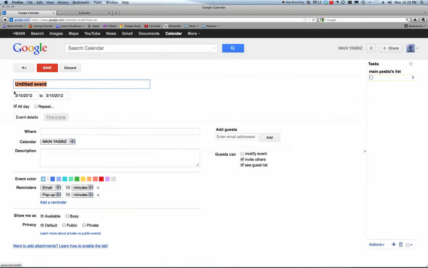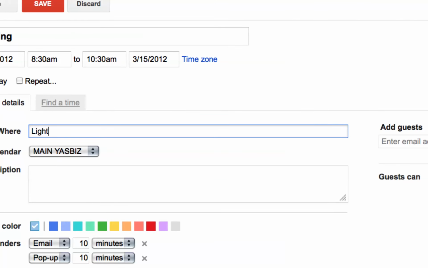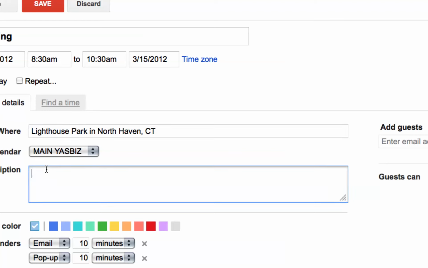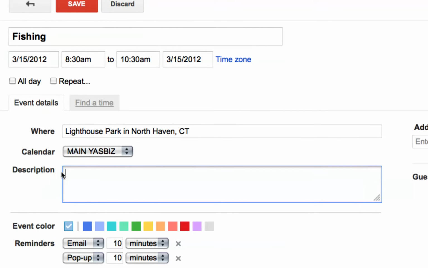Now the event, I'm going to call it fishing. Okay. It's not all day. We're going to start at 8:30 a.m. and we're going to go till 10:30. Do not come on Thursday. This is a false and fake and not a real event. So where is it going to be held? We're going to say Lighthouse Park in North Haven, Connecticut. In the description,